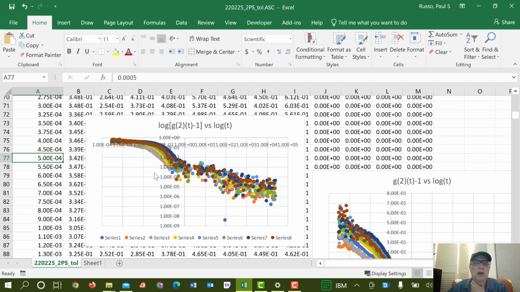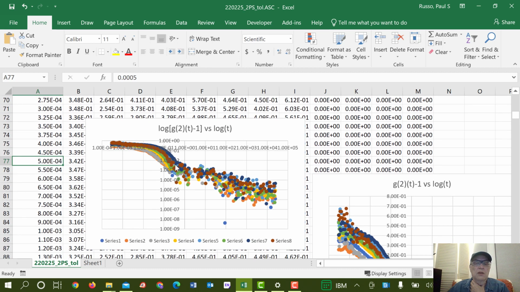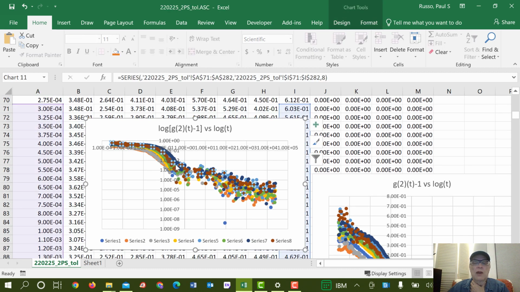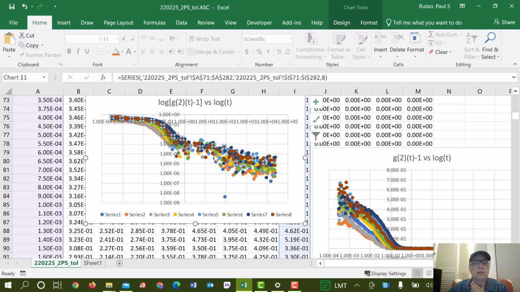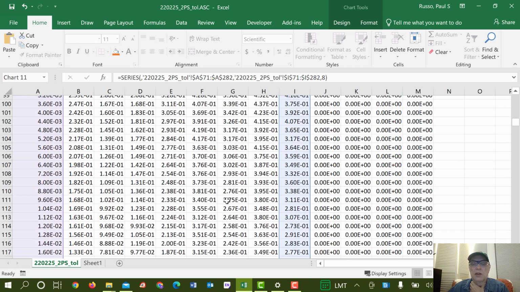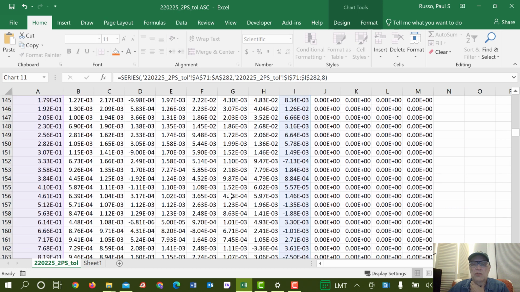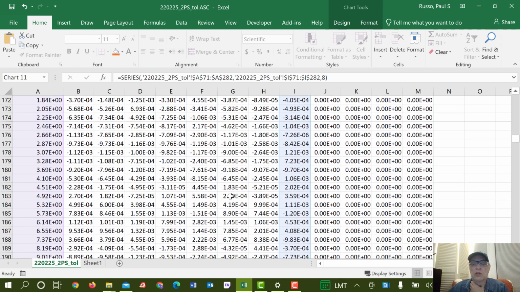Well, with any luck, I can choose that, all of them at once, which apparently isn't going to happen. And so we'll have to do that manually until we get up to whatever time that is. This is a little hard to see on this scale. Well, let's just go by the y-axis. We'll say 10 to the -4. We'll just drag it up here. Certainly the negative numbers are